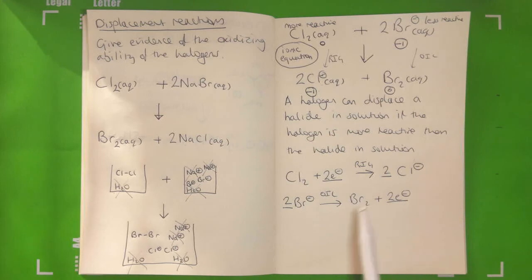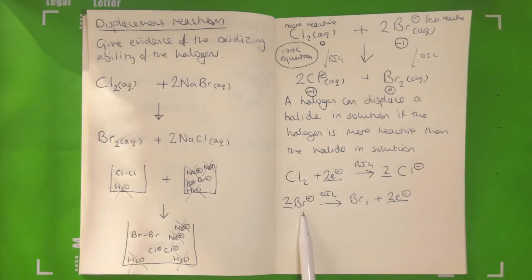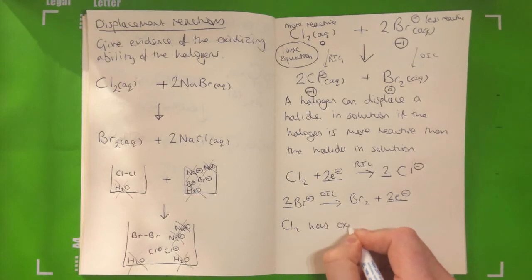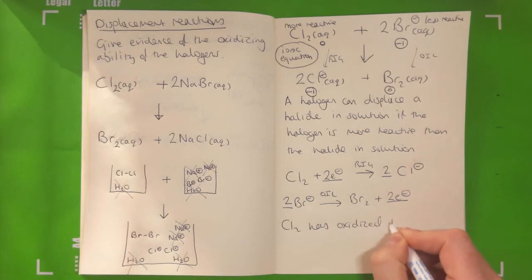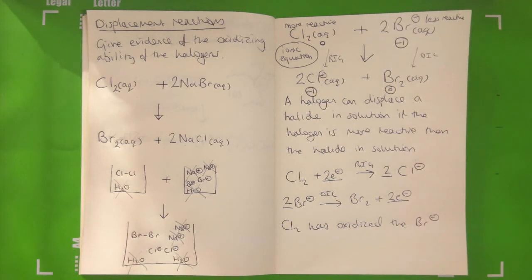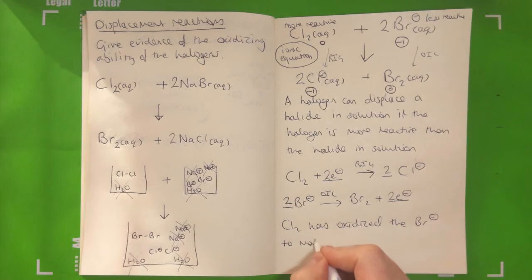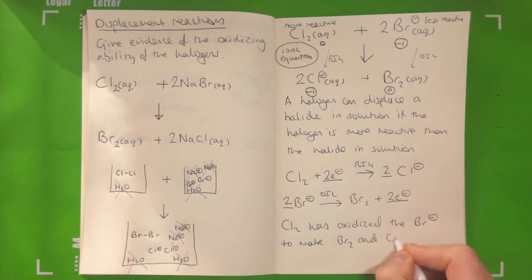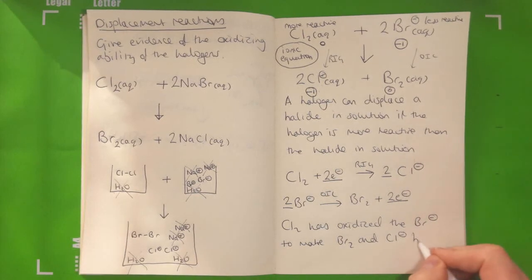Now, let's have a think about what's actually been oxidized. So the halide has been oxidized. Therefore, the thing which is doing the oxidizing is the halogen. So we write Cl2 has oxidized the bromide to make bromine and chloride. And that is because